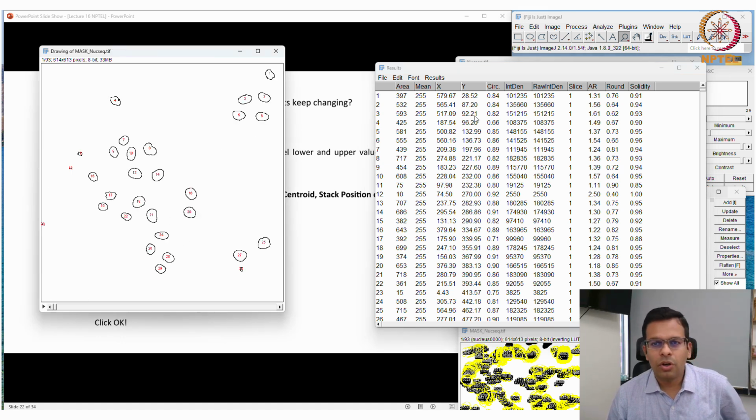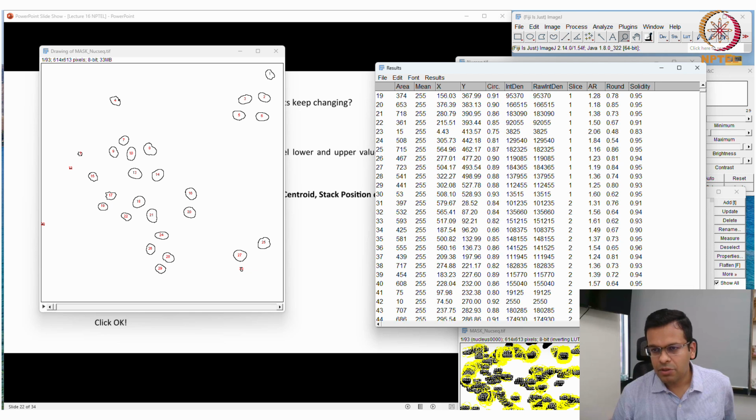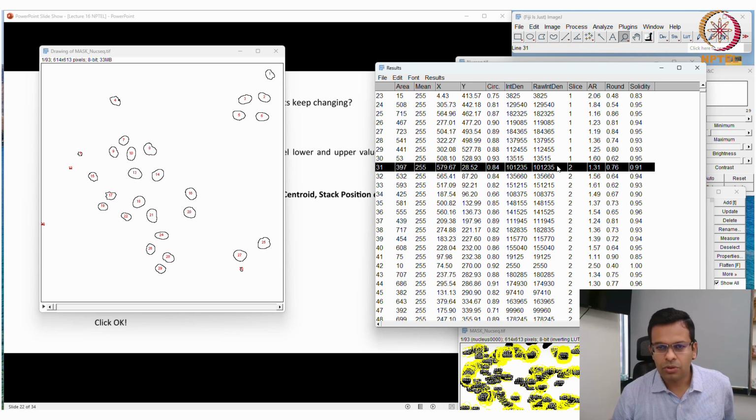It will show you all these measurements for each of these nuclei. All these nuclei are in slice 1, but if you move down, it will show the nuclei in slice 2. In slice 2 it is starting from number 31. That means it could find 30 nuclei in slice 1.